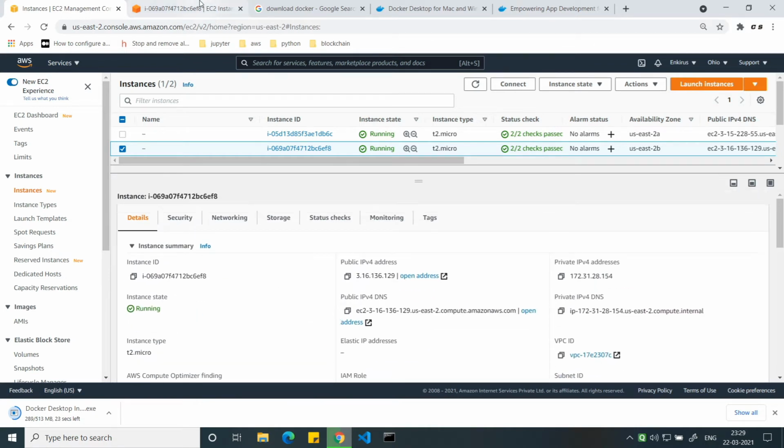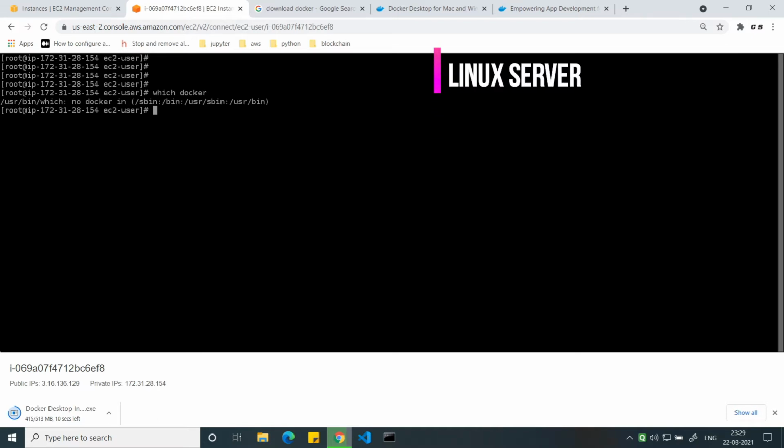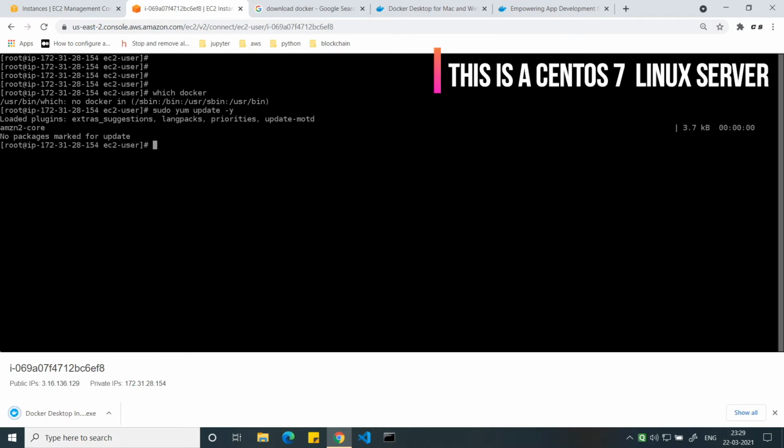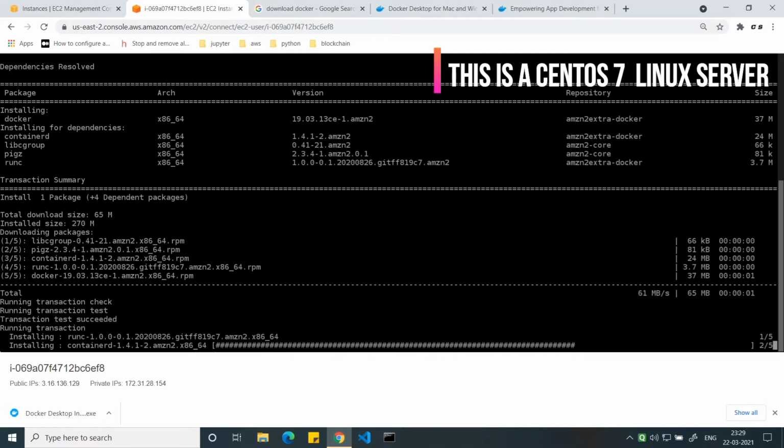Okay, I have logged into this VM. Now I'll show you whether Docker is there or not. First, I'll run which docker. It does not know what Docker is here. I am currently root. The first step would be to do a basic update, in case any update is missing. There are no prerequisite software you need for Docker. There is nothing to update here. Now we can just do yum install docker with -y so that it doesn't ask us for confirmation. Now Docker is getting installed in our CentOS based system.